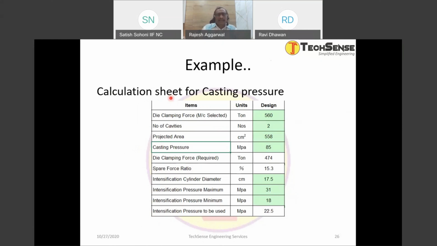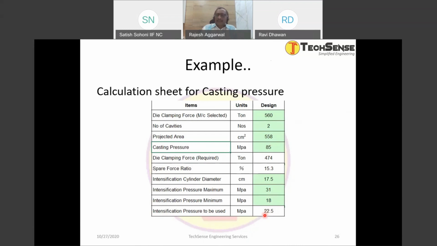We can again put up the same thing in the Excel sheet, right? So we have a machine selected, and then we have a projected area and casting pressure. So how much clamping force is required, correct? And based on the injection cylinder diameter, what is the minimum and the maximum intensification pressure setting? So what we are saying is the intensification pressure to be used to achieve this pressure is so much,